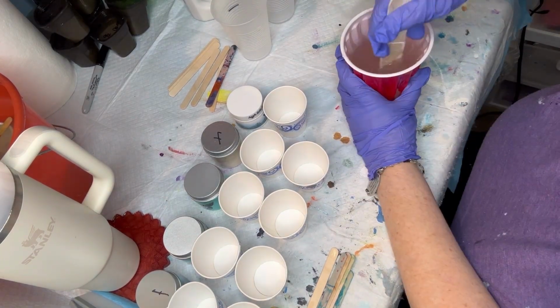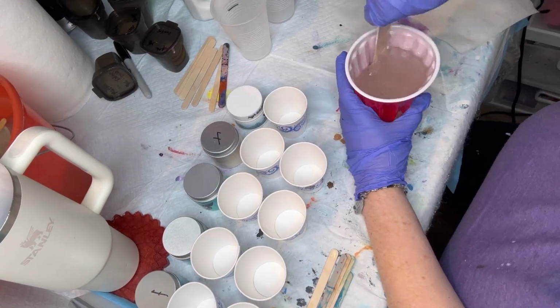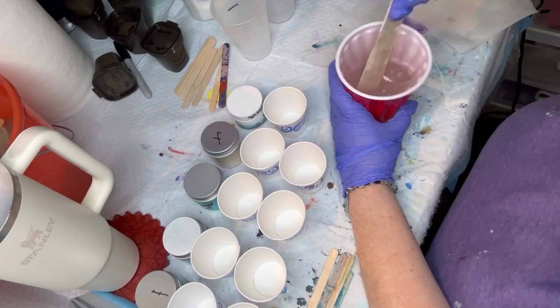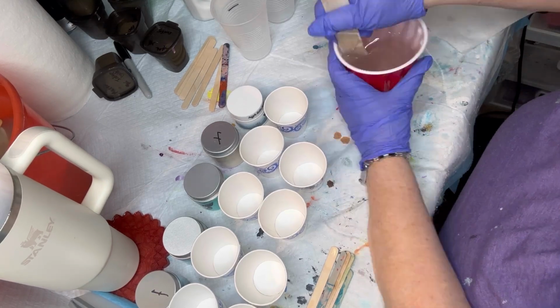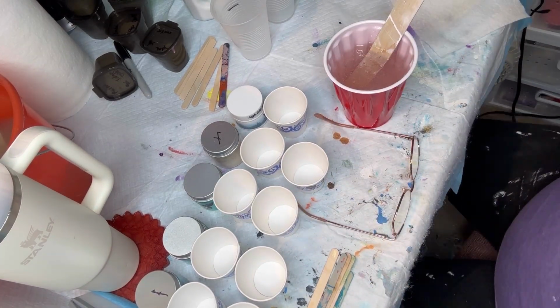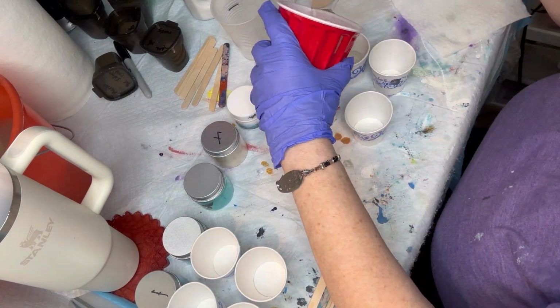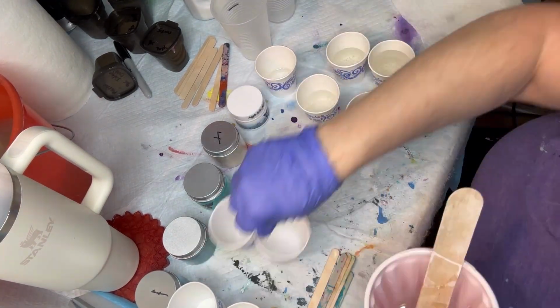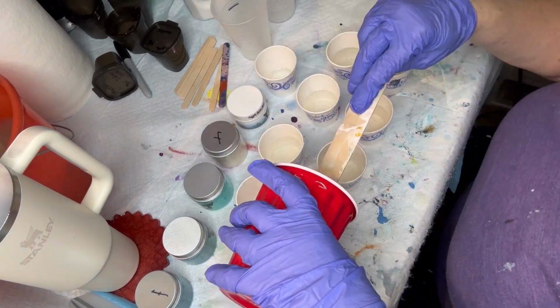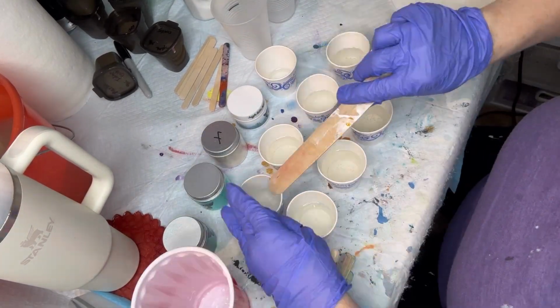Right here, I'm showing you that I'm mixing up my resin, and I've sped it up here to not bore you with 3 minutes of mixing. In a second here, you see I put on my equipment that I forgot to put on. So I thought, well, I'm going to be working with resin here for a few minutes, so I better be